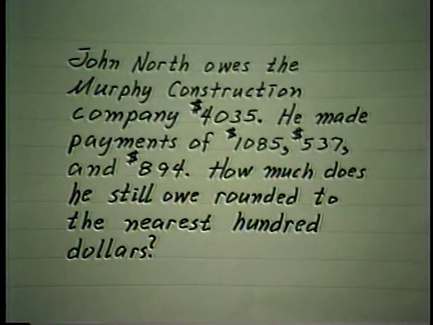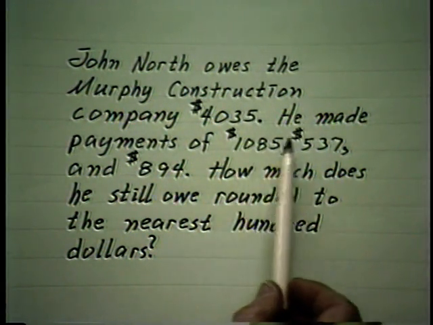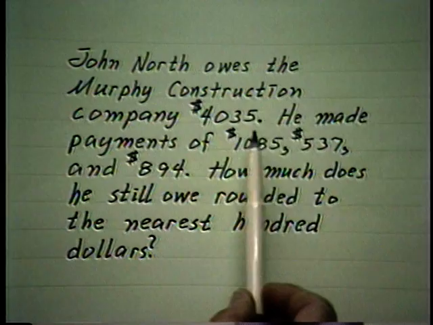And of course, in practice, we usually get our problems in verbal form. So let's say Mr. John North owes the Murphy Construction Company $4,035. He made payments of $1,085, $537, and $894. How much does he still owe, rounded to the nearest $100? A three-pronged problem. First, I could subtract each one of these payments one at a time from this, just